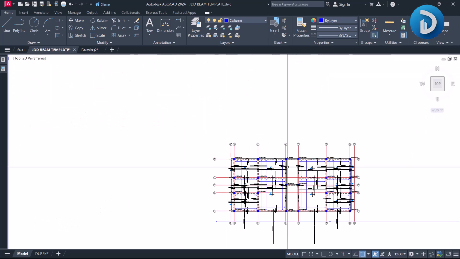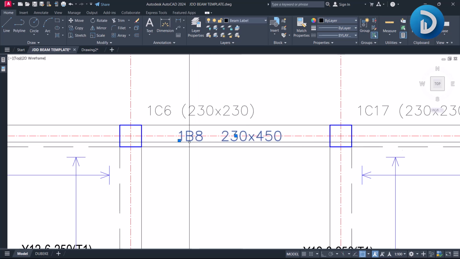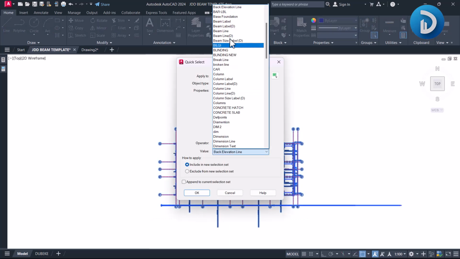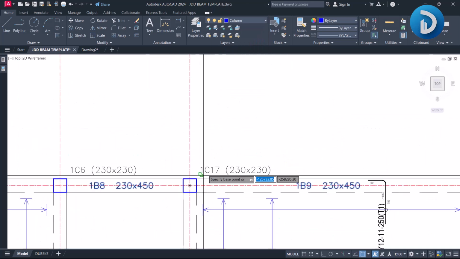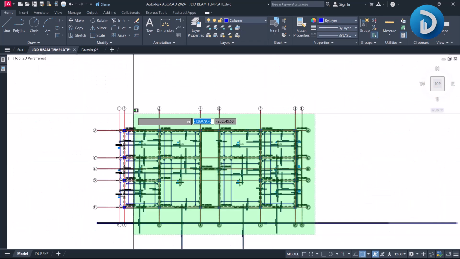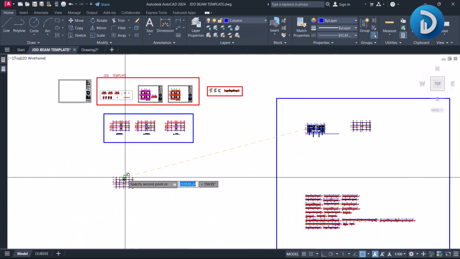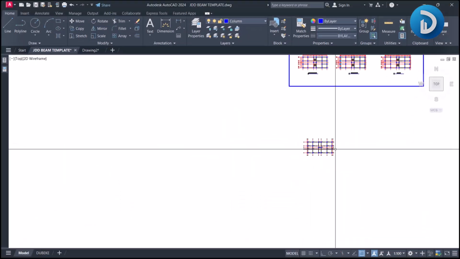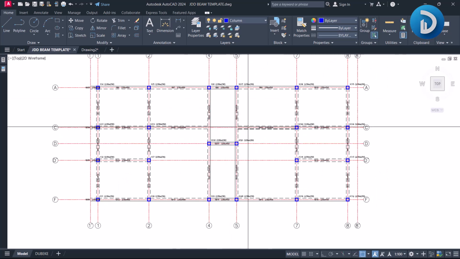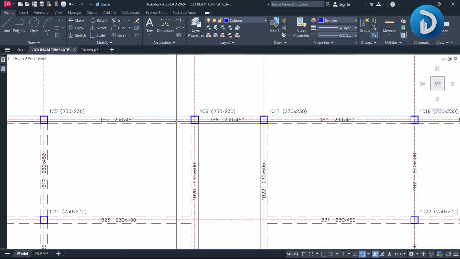The next thing I need are the labels. So these are the labels. If you click on this, this is under beam label. I'll be a little faster. So we've been able to copy out the required elements successfully from this drawing, and we'll be making further modifications